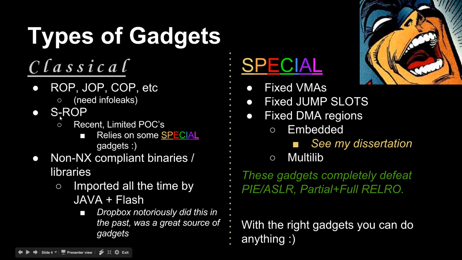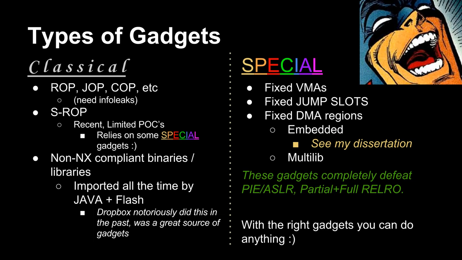signal-based ROP, which attacks the signal frame for signal handlers of Linux or Unix systems. And then there's gadgets that you can find in binaries and libraries that have been compiled without NX support. And these actually, in practice, in the real world, get imported by Java and Flash, especially in a browser. If you see a malicious page with an empty Flash player, it is importing those libraries so you can ROP to them very easily. Dropbox also notoriously did this in the past and was a great source for